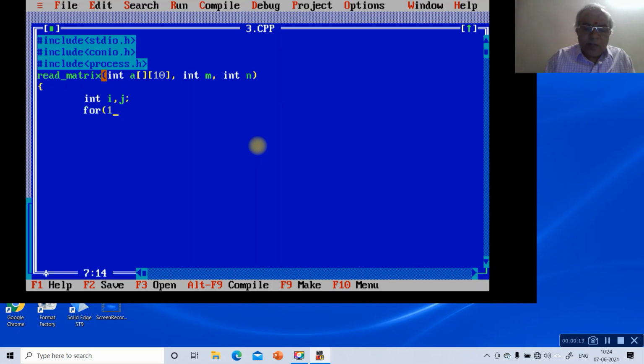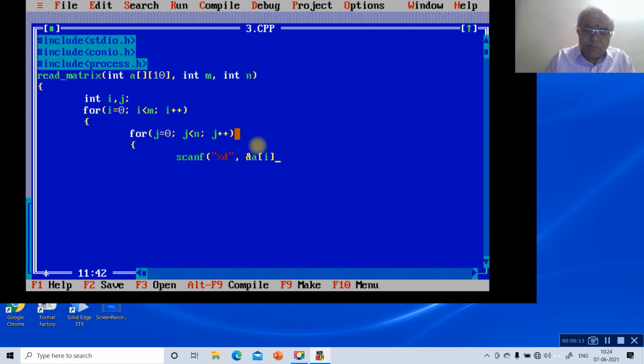Then for i = 0; i < m; i++, open the loop, then for j = 0; j < n; j++, open the loop again, then write scanf("%d", &a[i][j]).